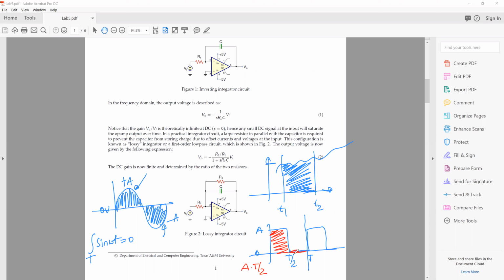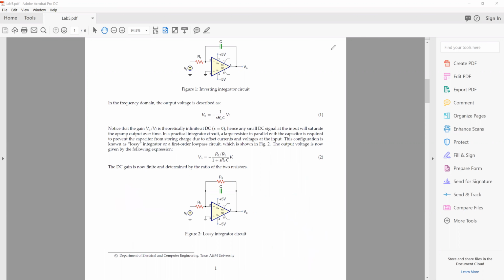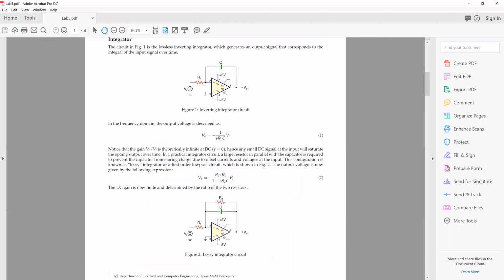And this portion has an area of 0. So if I try to integrate this square wave over the whole time period, I get the answer AT by 2. Okay, that's just a mathematical understanding of what an integrator is. All right, next we move on to